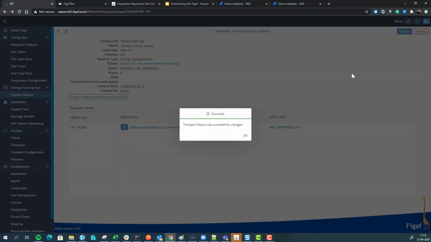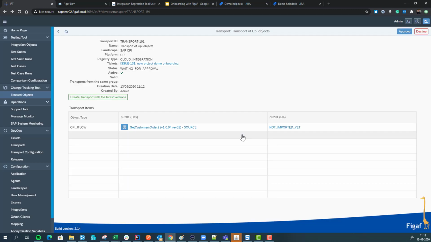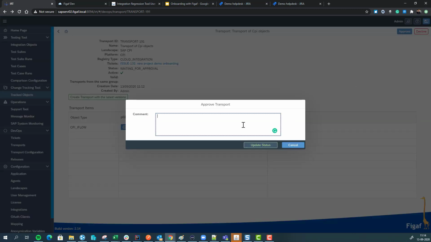So we can send it to approval, and then you as a user will not be able to approve it. I as an administrator have access to approve it, and I can go through all the code, all the changes that have occurred as a part of this, and approve it. So we can say,